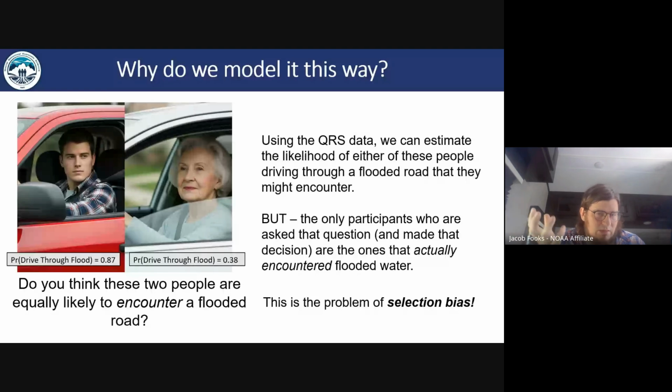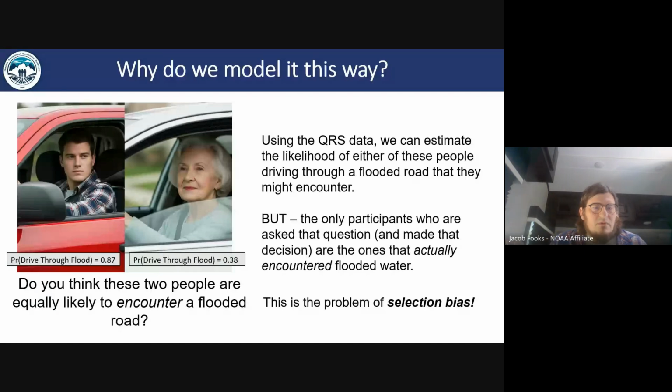So that gets us a model, right? The probability of driving through a road, conditional on stuff, based on the data that we have. However, the problem is that the only participants who are asked that question, did you enter the flooded road or not, are the ones that actually encountered floodwater as they're out driving, right? So